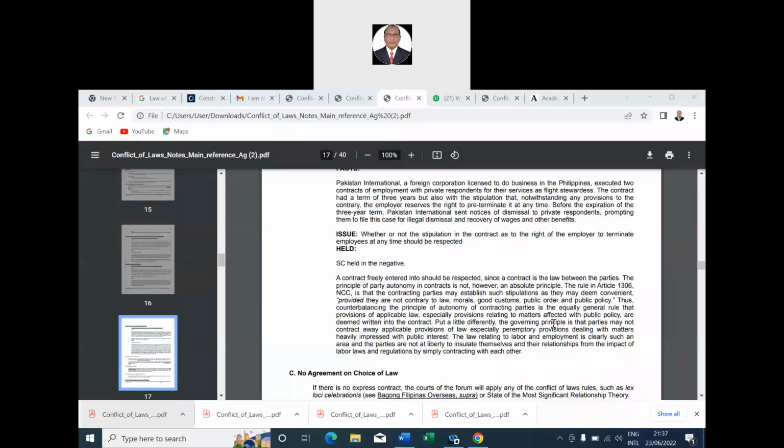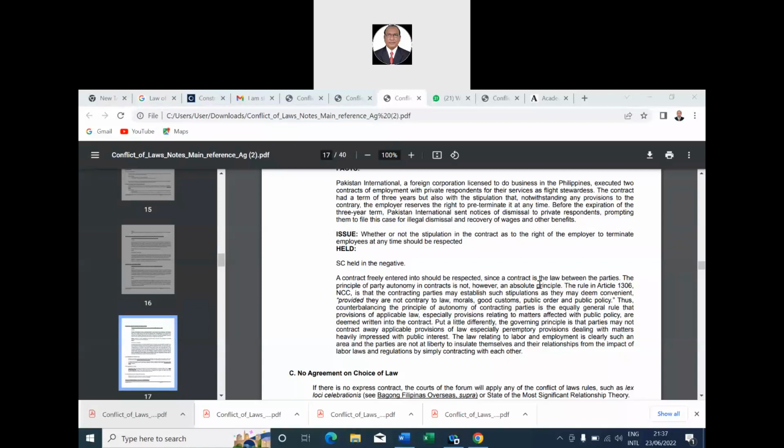Whether such a contract is freely entered into by the employee, because he wants the livelihood. Otherwise, he will starve to death. So he will accept it and he will sign it without thinking. But when you go to the court, the court will definitely ask. The consent is not given with free consent.